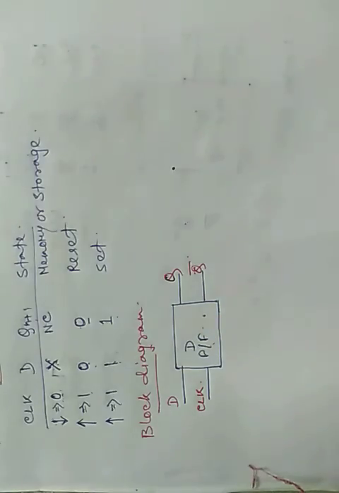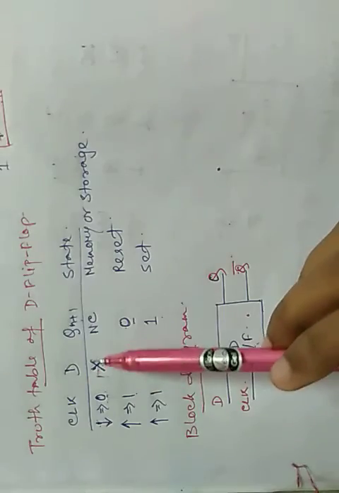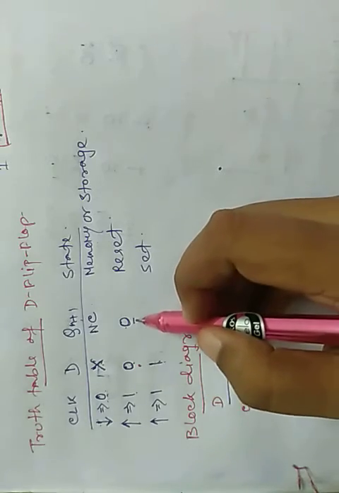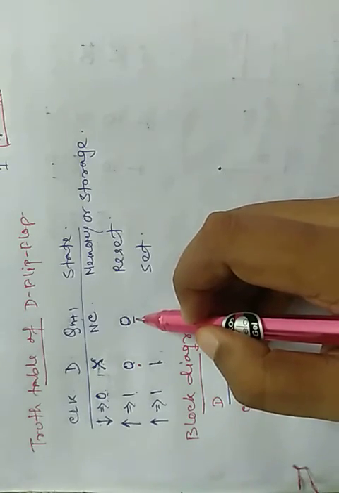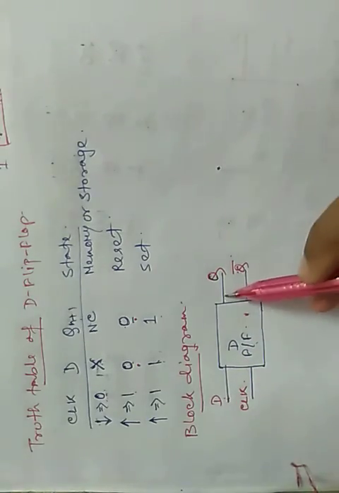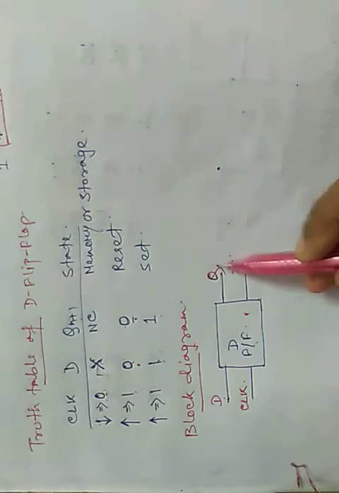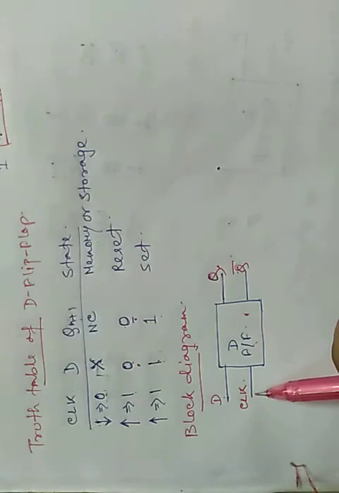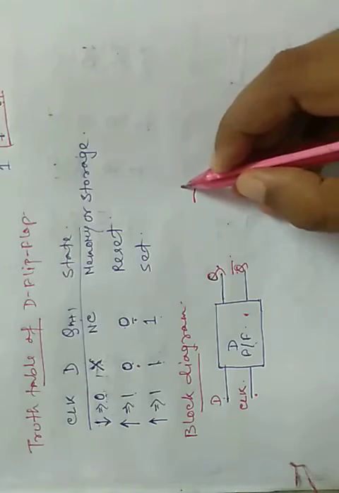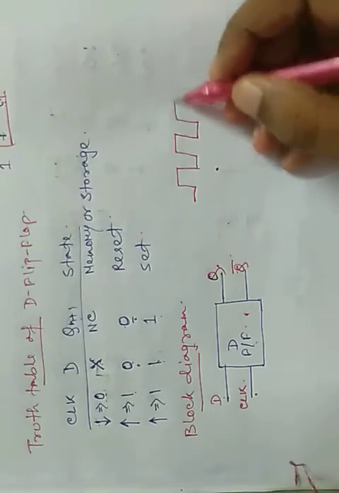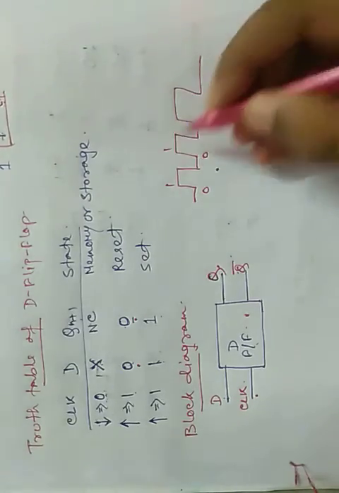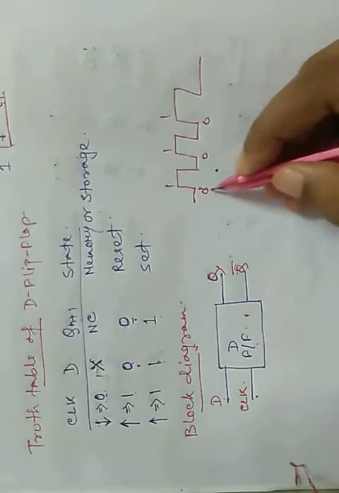Clear? Now from this truth table we can see that whatever the value of D, we get the same value in its output state. That is, if 0 is fed as an input in D, we get 0 in its output for positive edge triggering of the clock pulse. That is when the clock changes from 0 to 1. If this is the clock pulse, we know this is 0, 1, again 0, 1, again 0, 1. So only in this state,